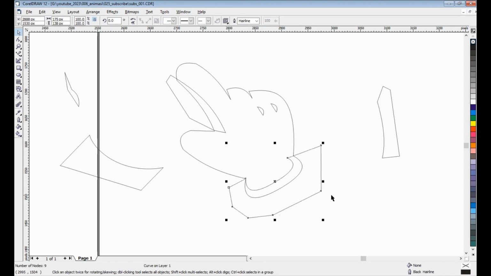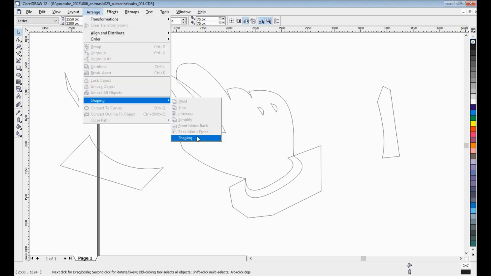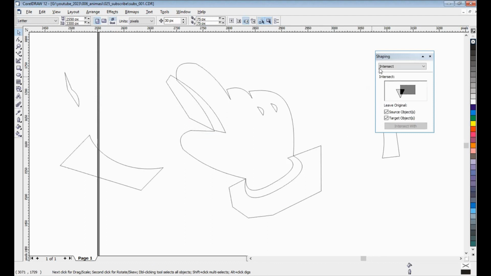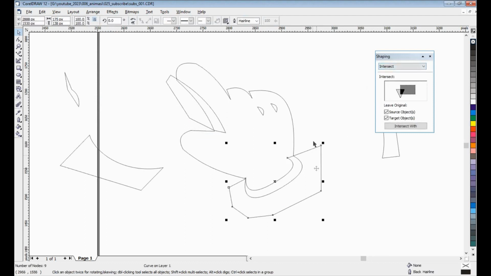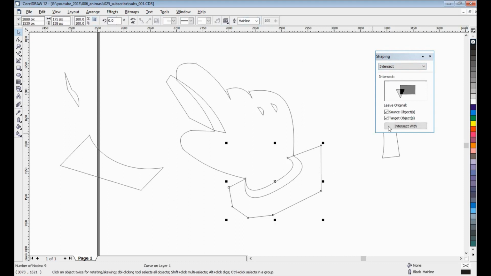Okay, Control Z. I want to use the shaping facility to create an intersect between this object and this object. Choose this first as the source, and then we click the target and intersect with this target.